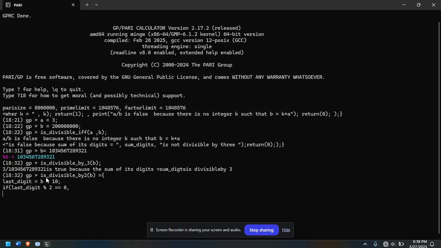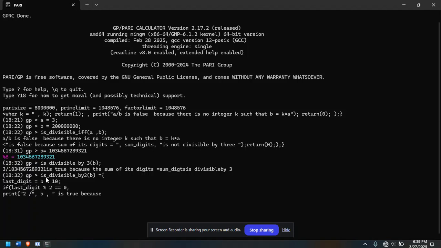Then we'll print that 2 divided by b is divisible, or we can say is true,